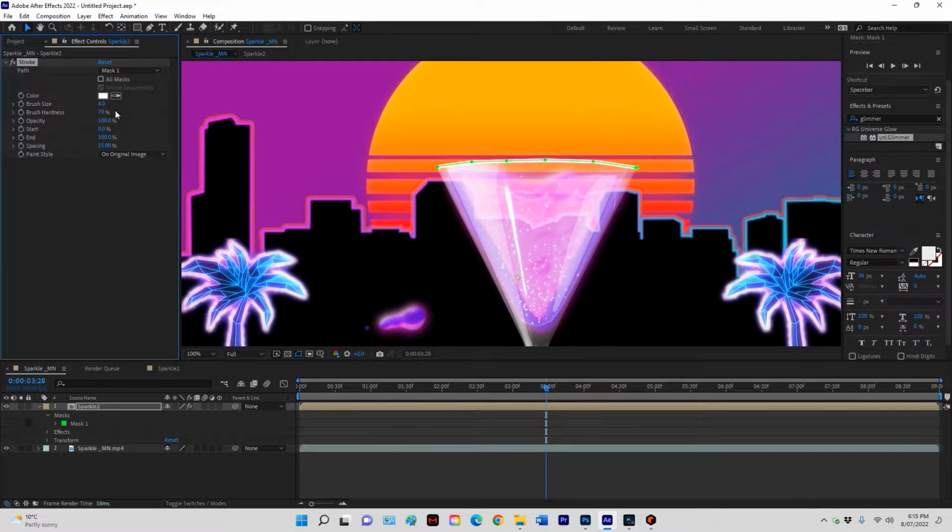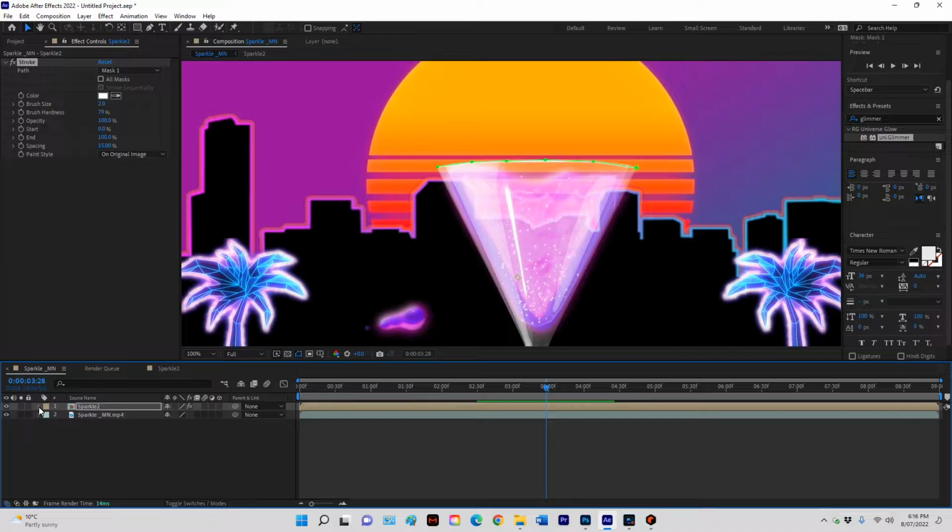But for what we're trying to achieve, we're just going to keep it down here at 2. Okay, so that's good. Now, what we want to do next is animate that line, so it's not a solid line, but just a tiny dot that travels from one end to the other. Now you can control it up here in your effect controls, but personally, I like to do it down here